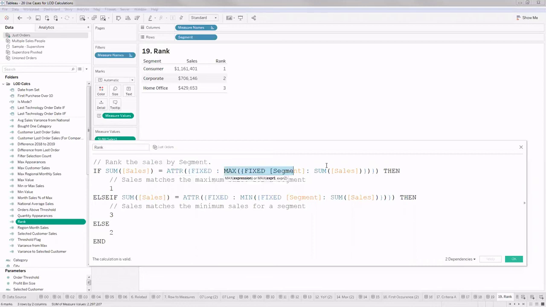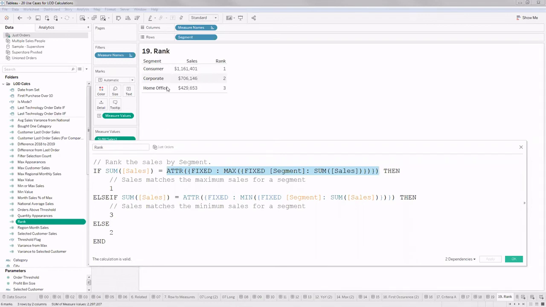Okay, basically this will give me a field, and I'm taking another fixed, a single value. This will give me a single value, which is basically the maximum of these three values, because I'm calculating on this table alone. So it will give me the maximum of this value. I'm just checking that my sum of sales will work at the visualization level of detail. So this sum of sales will hold these three values.